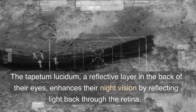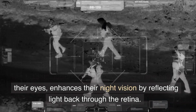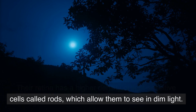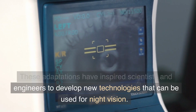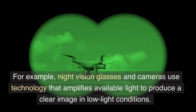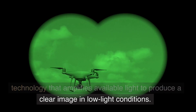The tapetum lucidum, a reflective layer in the back of their eyes, enhances their night vision by reflecting light back through the retina. Their retina has a higher density of light-sensitive cells called rods, which allow them to see in dim light. These adaptations have inspired scientists and engineers to develop new technologies that can be used for night vision. For example, night vision glasses and cameras use technology that amplifies available light to produce a clear image in low